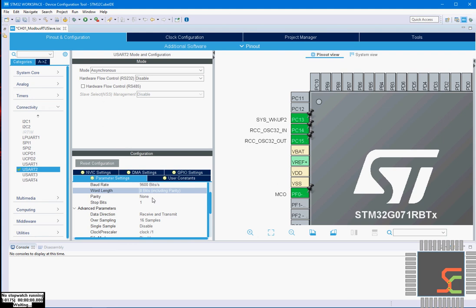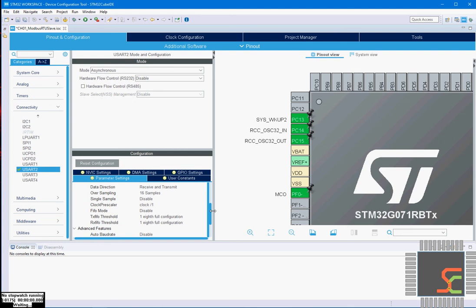We'll keep 8 bits, parity none, stop bit 1 bit, and data direction will be receive and transmit, since we receive data from the master and also transmit. And for the clock prescaler, we will set divide by 8. Rest of the settings we will not touch.